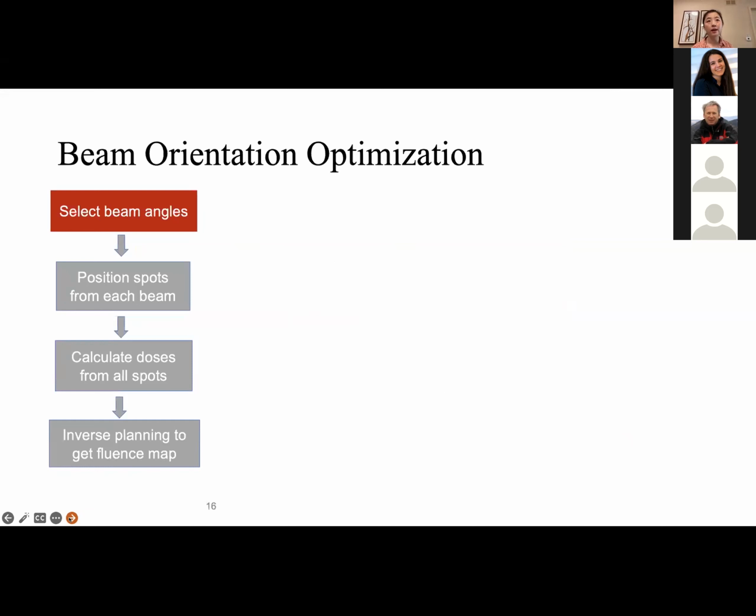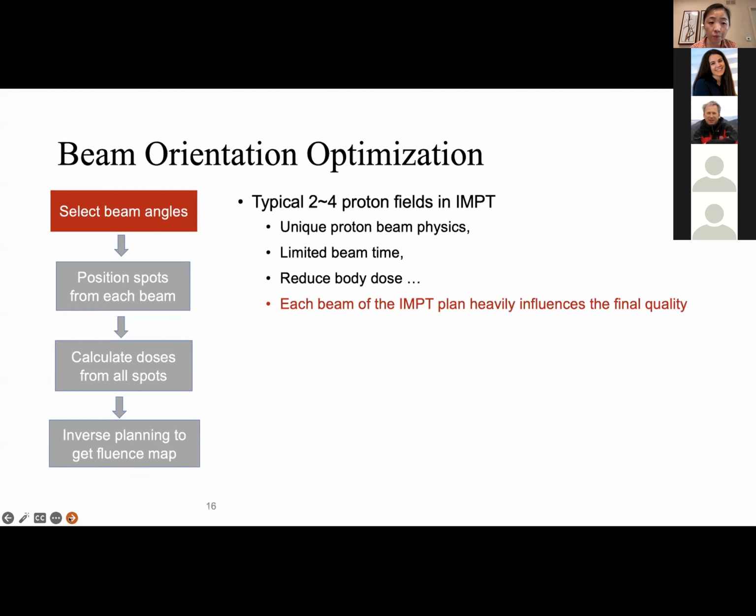Now let's move out slightly towards my research project about beam orientation optimization. Let's go back to this clinical workflow to get a treatment plan. We noticed that beam angle selection in the current clinical process is